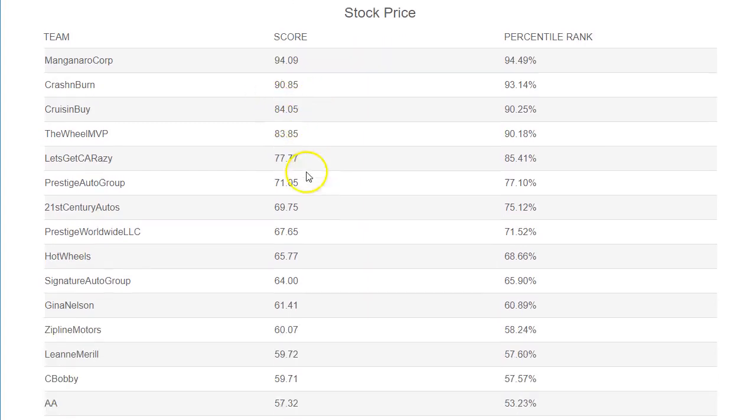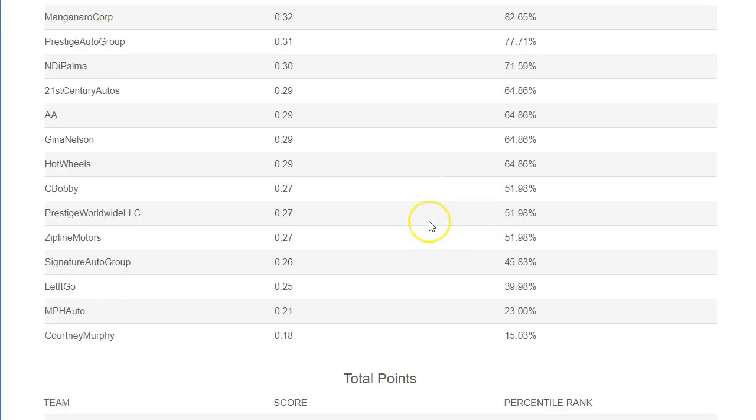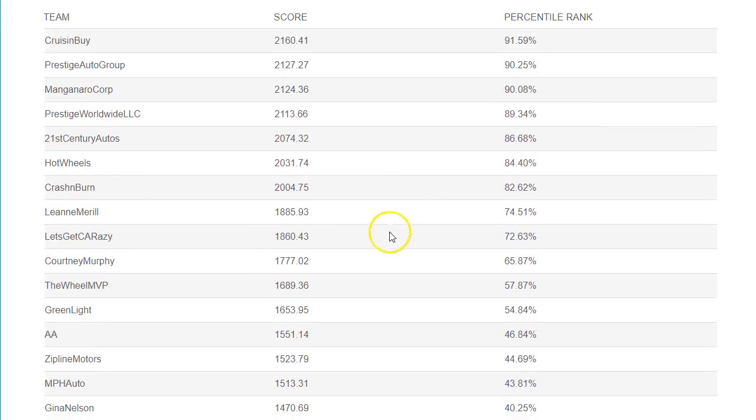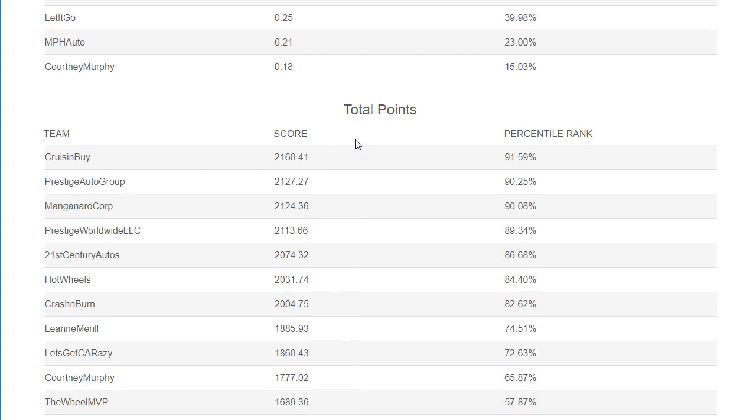And we talked about stock price on the charts, return on equity, and we have a couple teams in the 90 percentile returning 36 and 35% returns on the money invested in the company. And total points. So we have 1, 2, 3, 4, 5, 6, 7 teams at the 2,000 point level, which means they just have to make